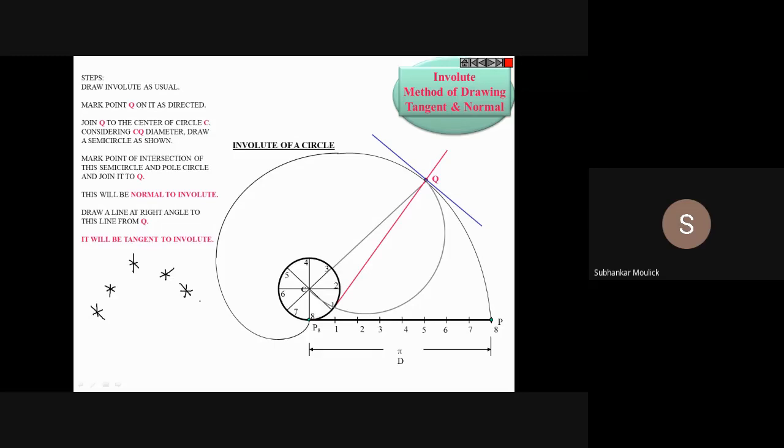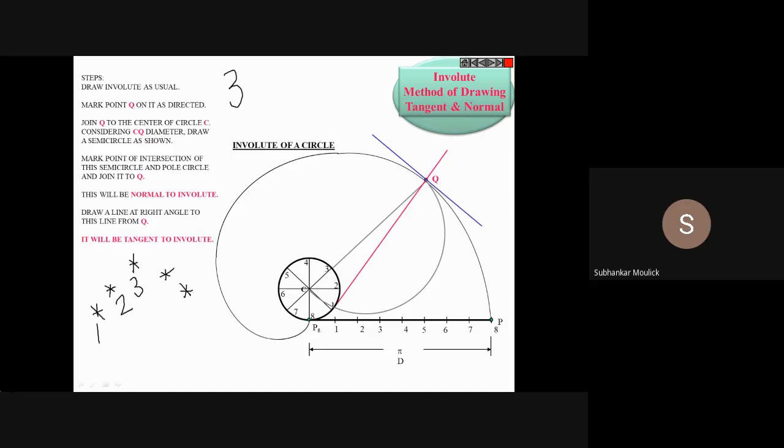You will take out French curve number 5 and see whether the locus points are aligning with the French curve or not. You have to take 3 locus points at a time. Assume that this is the first locus point, this is the second, this is the third. You will take 3 locus points at a time, and see whether the surface of French curve number 5, 6 or 7 is aligning with these 3 locus points or not. Definitely any one of the French curves will align with these locus points.